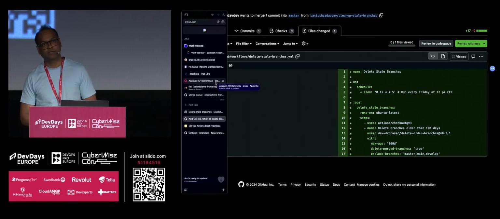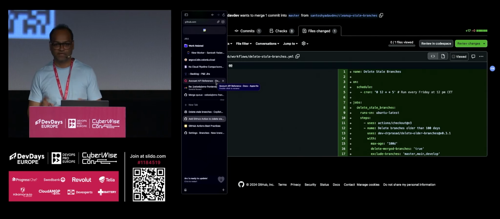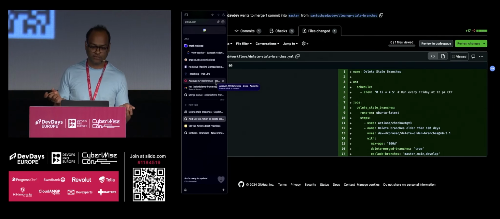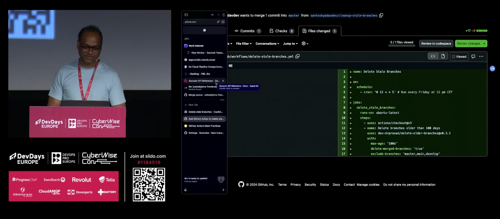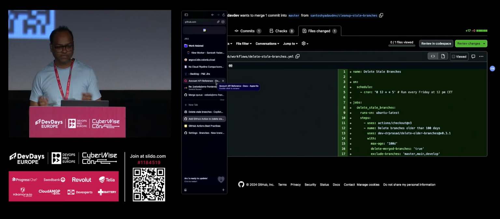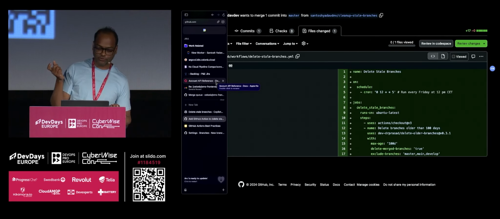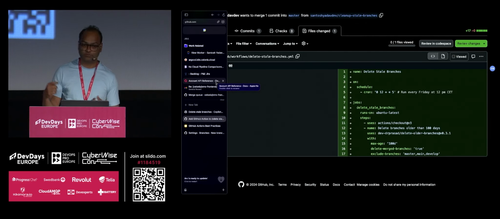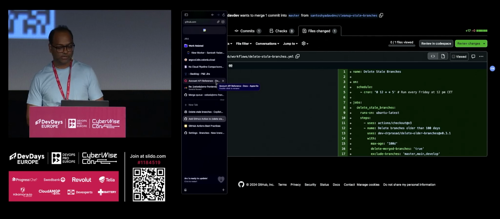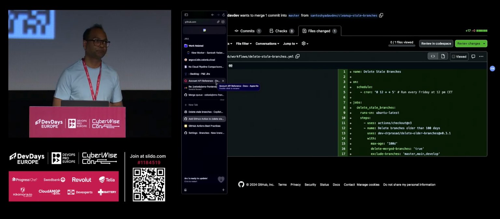But it all comes down to your jobs, like what you're writing in your jobs, right? There are chances that you write some wrong GitHub action and then you expose your tokens in your jobs. Basically, whenever you use secrets, use them from environment variables, and don't use them directly in your scripts.